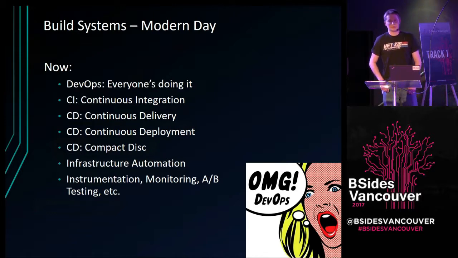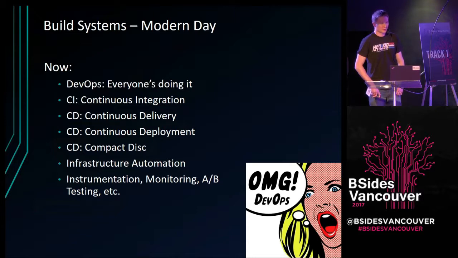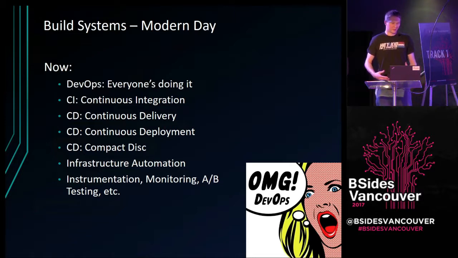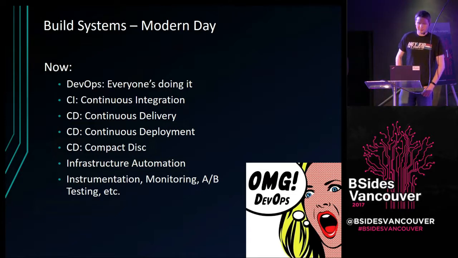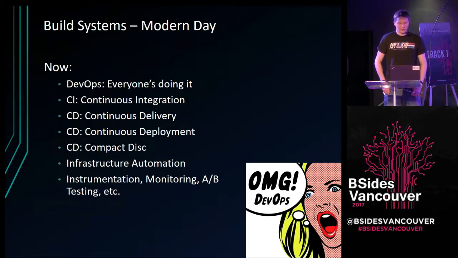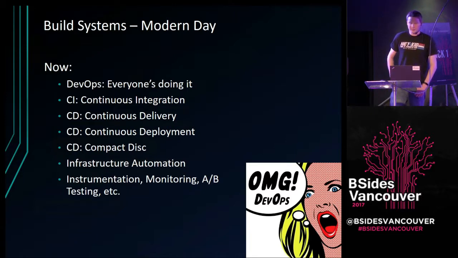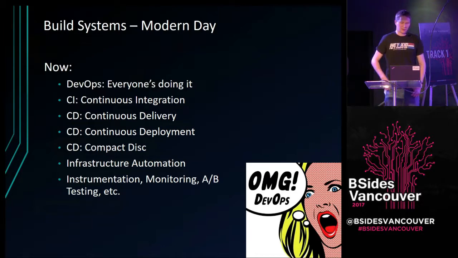Which one you use depends on whether you've got a system that produces a software application, or something that's running on a server like a website. There's also been a lot of components around infrastructure automation, so that your infrastructure itself is part of your DevOps process and can get deployed by software instead of a human. And to glue all that together, there's a lot more instrumentation for your code, a lot more monitoring. There's fun trends like A/B testing and things like that.